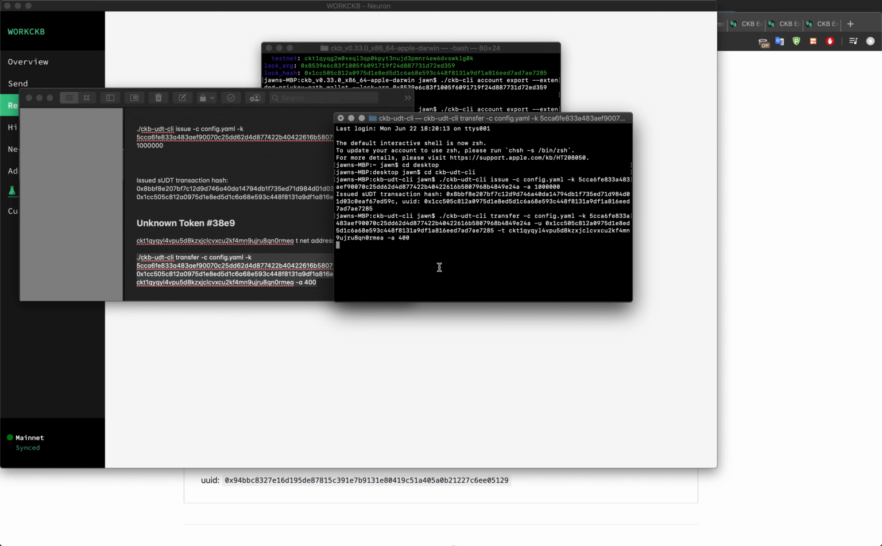And it's taking a second because it's generating a transaction. And it should give us a transaction hash as well that we can then reference on the Explorer. And we can even reference on Neuron as well. So it gave us this transfer transaction hash. I'm just going to copy it